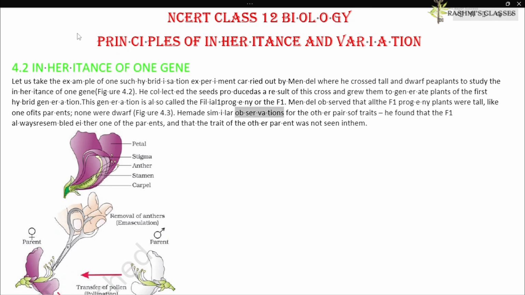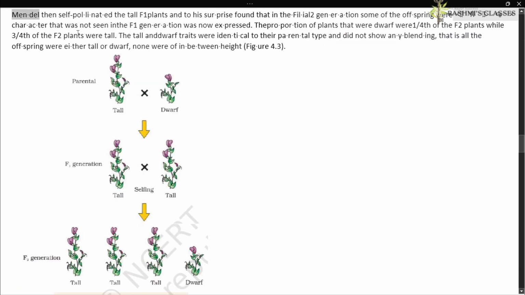He made similar observations for the other pairs of traits. He found that the F1 always resembled either one of the parents, and that the trait of the other parent was not seen in them. Mendel then self-pollinated the tall F1 plants and to his surprise found that in the filial 2 generation some of